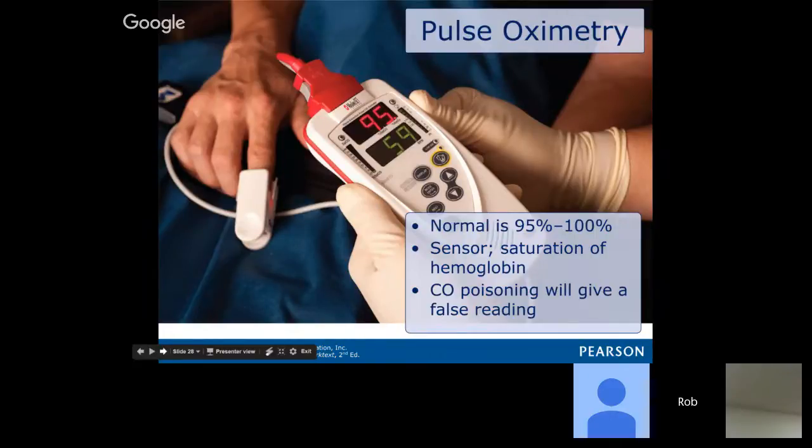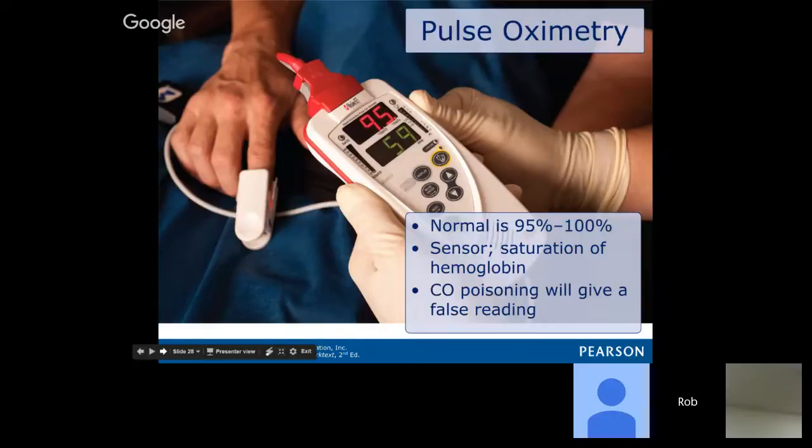Now, I told you guys before that these are all just tools. If you have a pulse ox reading of 60 and they're talking to you, it's wrong. It is wrong. Yes. Unless they're a heavy smoker and they have amazing mental capacity. Anyway,